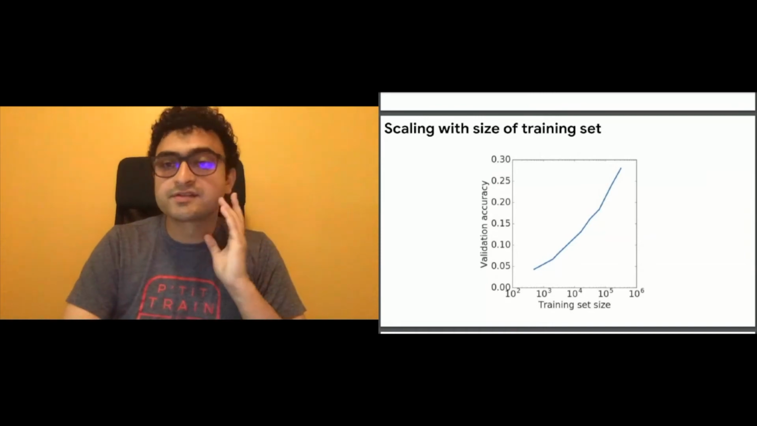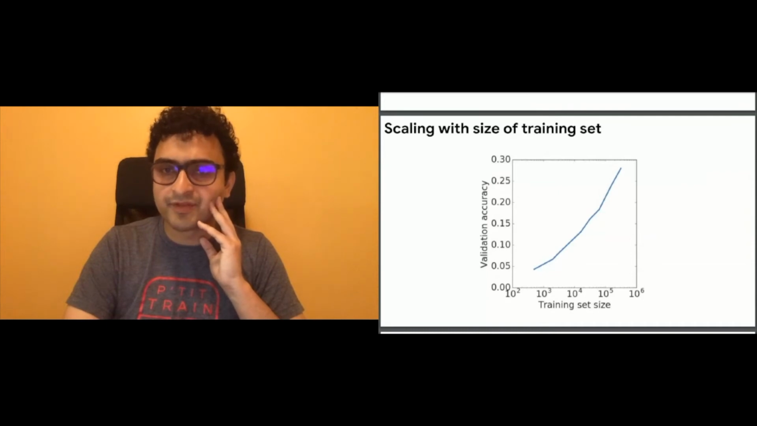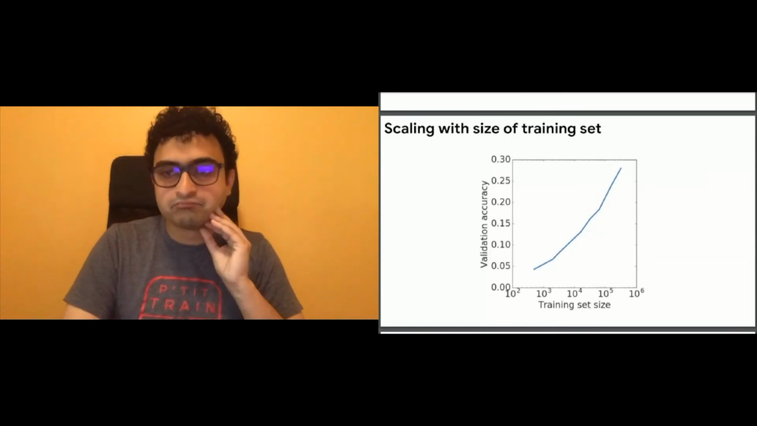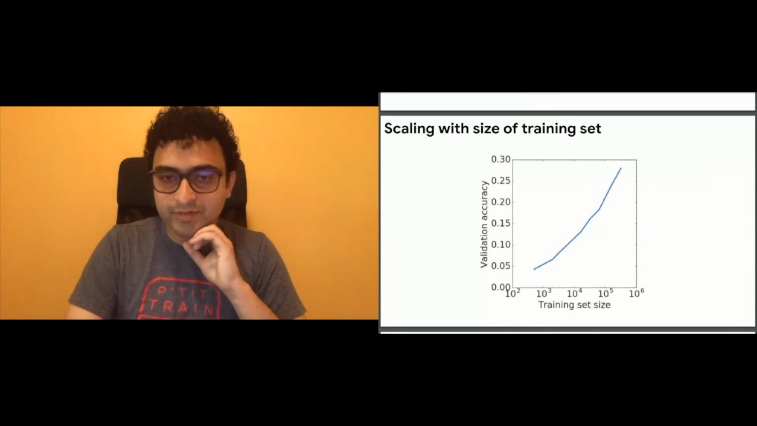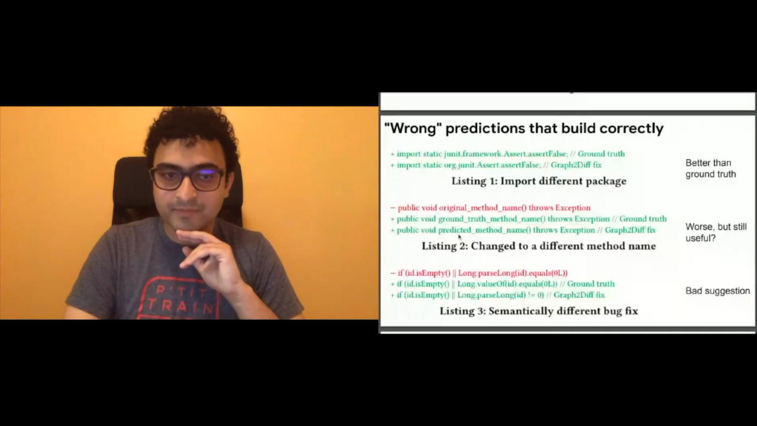The second one is not better. It's worse than before, but it's still useful. The original error was that something was wrong with this method name, and the fix was to use a different method name. The graph-to-diff model predicted a different method name. It didn't get the exact same thing, but it's still